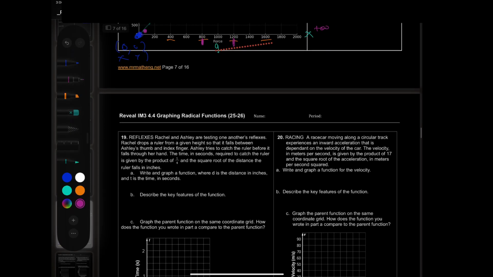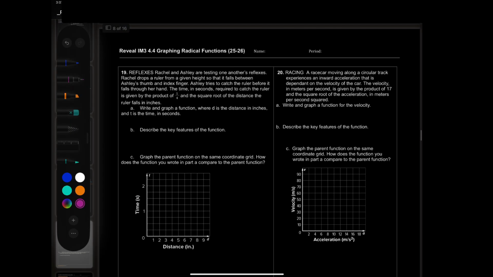Reflexes. Rachel and Ashley are testing one another on each other's reflexes. Rachel drops a ruler from a given height so that it falls between Ashley's thumb and index finger. Ashley tries to catch the ruler before it falls. The time, t, in seconds required to catch the ruler is, so let's say y equals